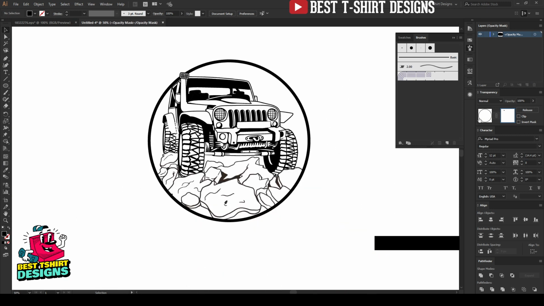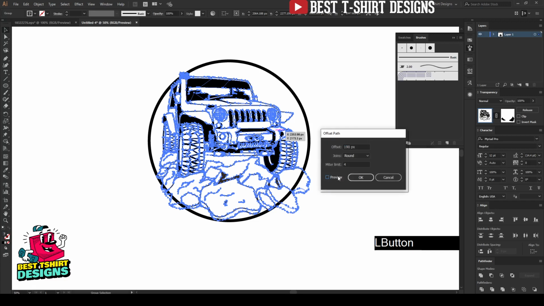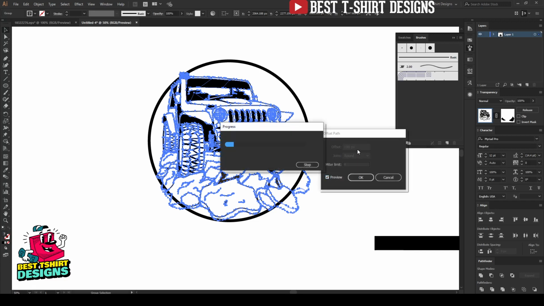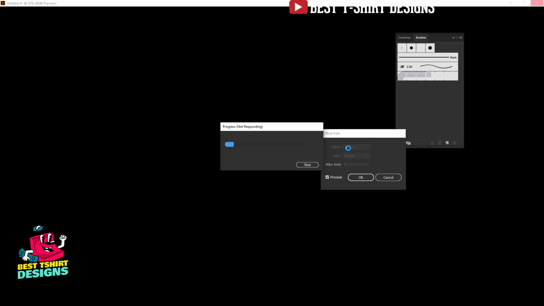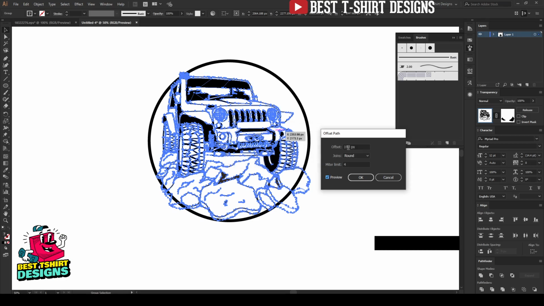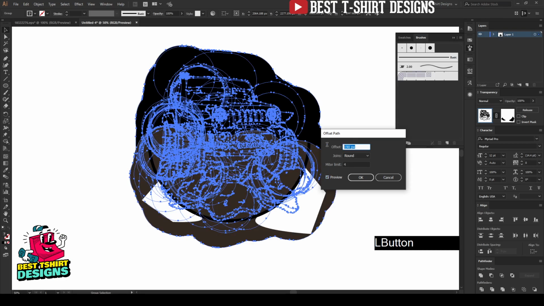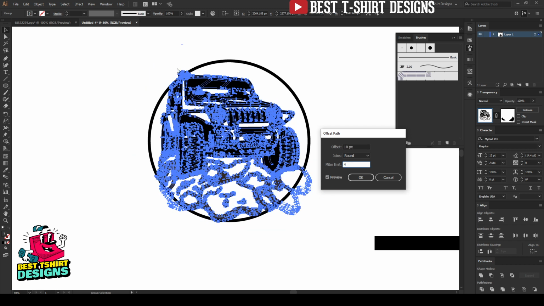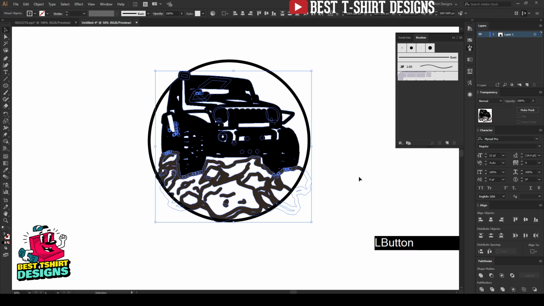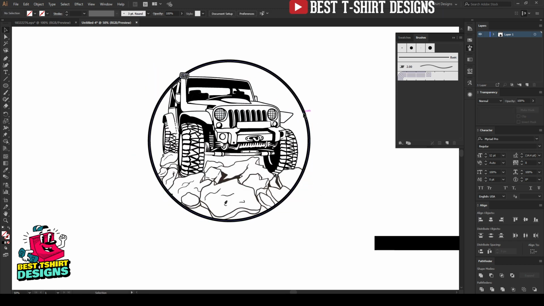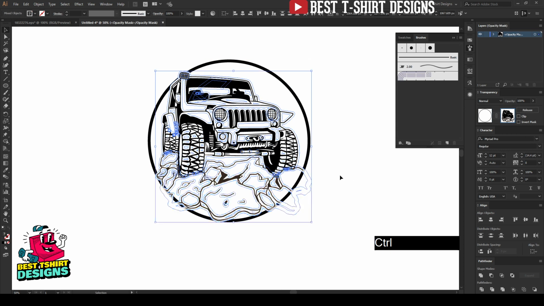Or I can simply go here, if I select my track, and make an offset path for it. Okay guys, sorry for that, I was working on a project, and this was the setting for that, like the 90 pixel offset path I was creating. I am going to make it kind of 10 pixel, so this is going to look like this. Now let's cut it, and then if I select this ellipse, let's press Ctrl F here.